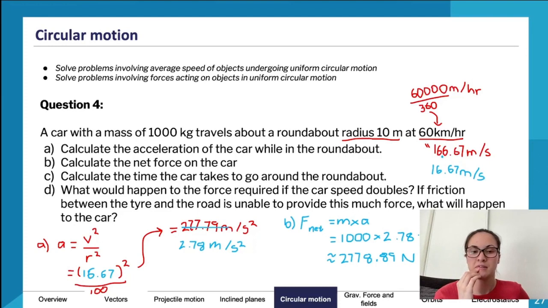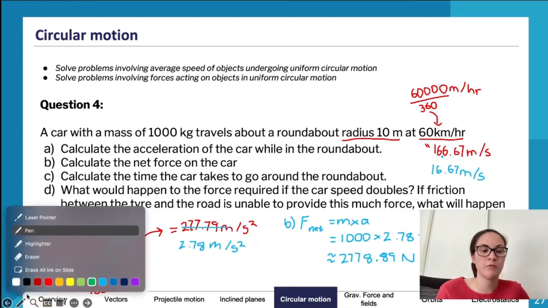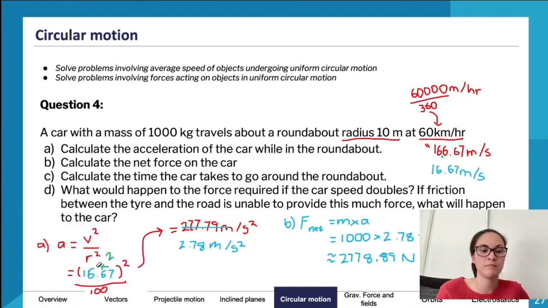I'm just realizing the car speed doubles. Okay, so say this is the speed, right? So this actually needs to double. Oh, okay, so we actually have to do a couple things. Sorry, I'm going to backtrack again. We're going to calculate acceleration again and then force again